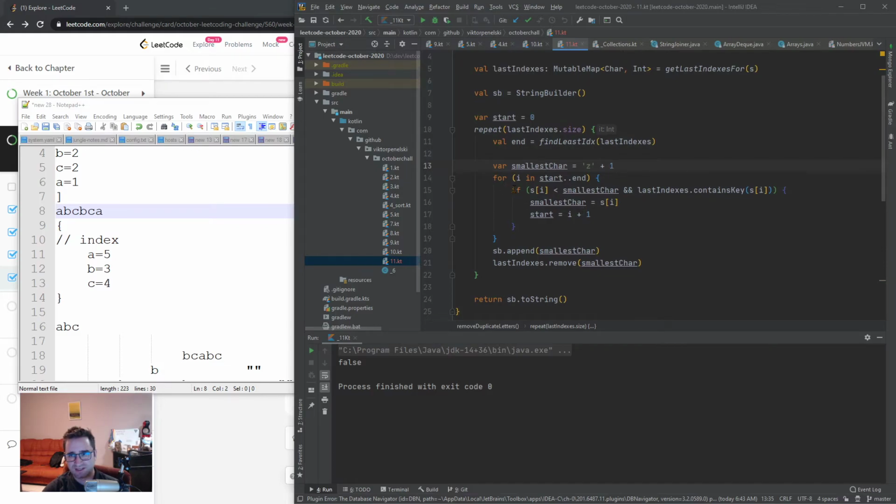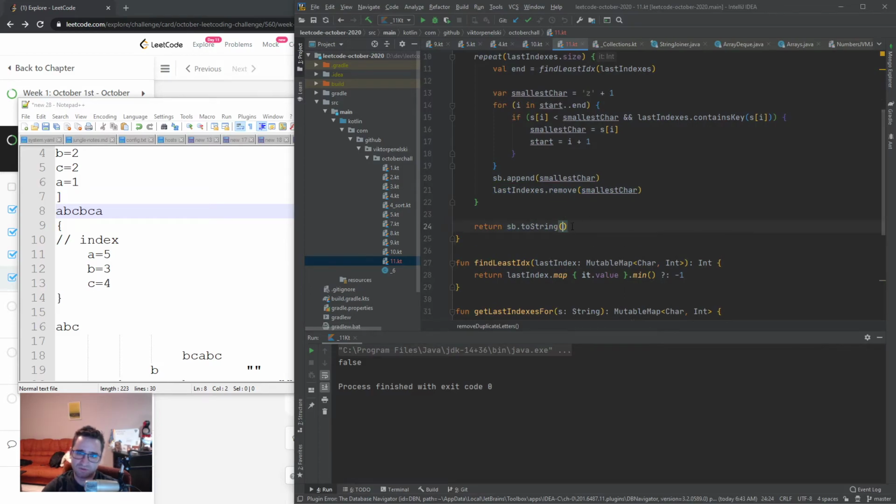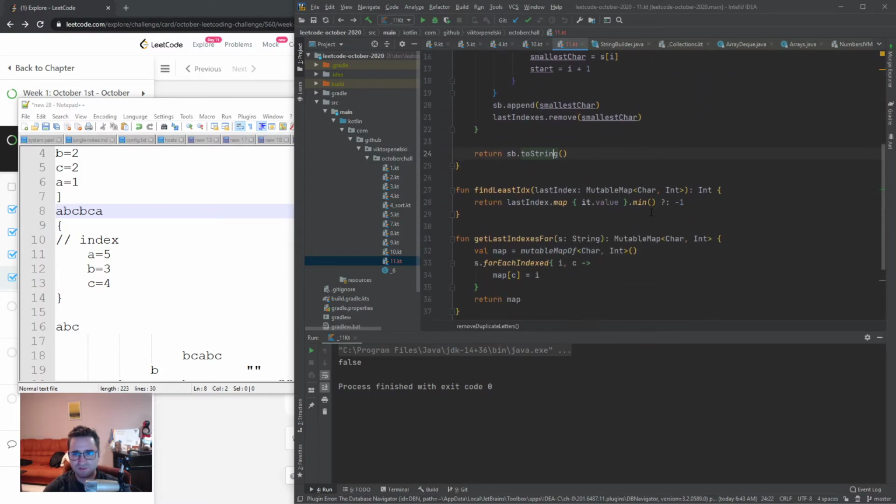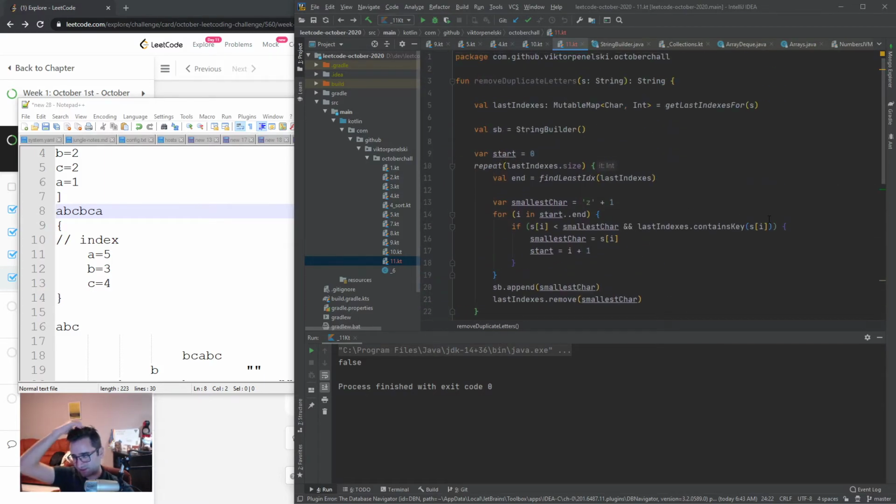Because here I have very simple comparison and assignment. This is pretty free. This one is O of 1, just appending something. This one is O of 1, just removing something from a map. ToString is also, I guess, O of n again, the ToString method. But yeah, a bunch of n. I mean, it's not an order of magnitude more. I guess if n is very small,